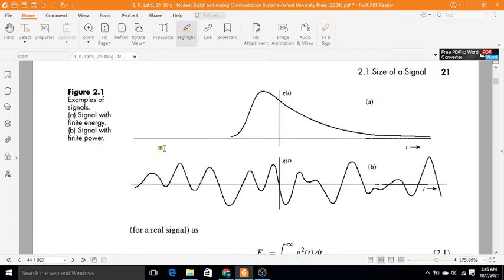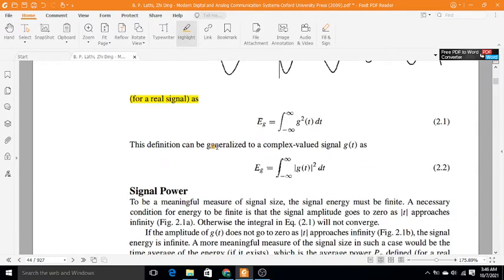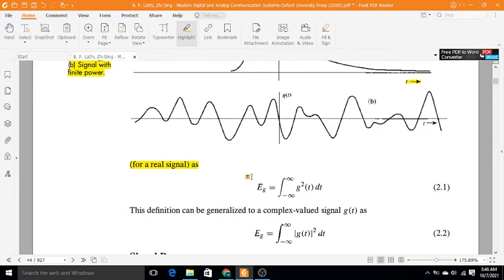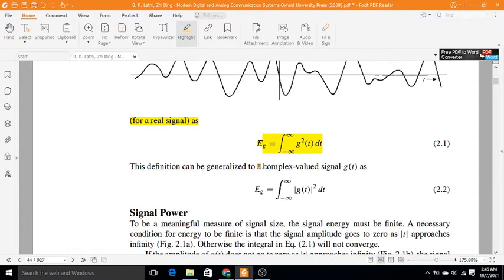Figure 2.1. Examples of signals. A. Signal with finite energy. B. Signal with finite power. For a real signal g(t), Eg equals the integral from minus infinity to infinity of g²(t) dt. (2.1) This definition can be generalized to a complex-valued signal g(t) as the integral of |g(t)|² dt. (2.2)